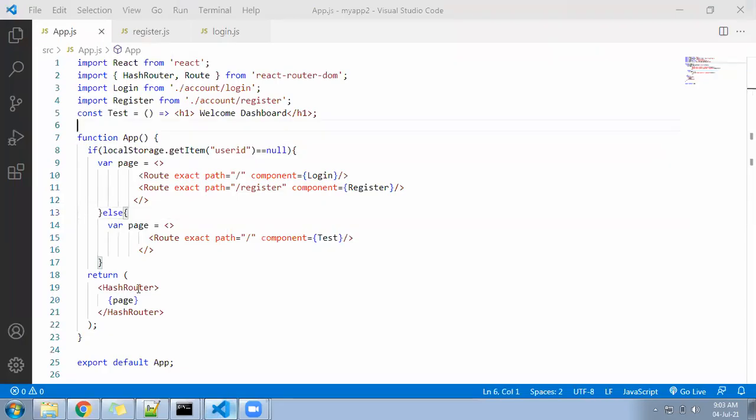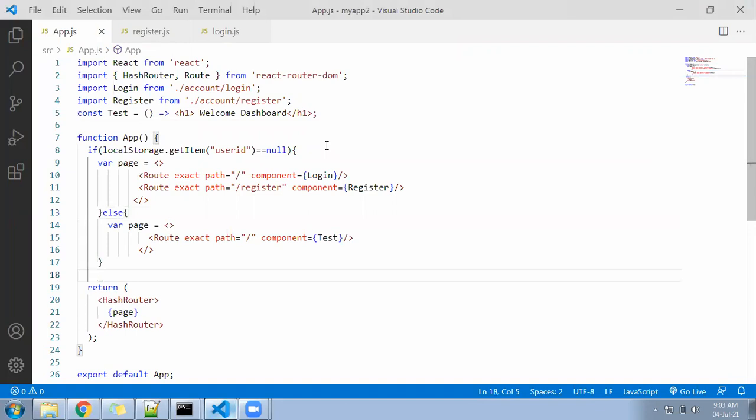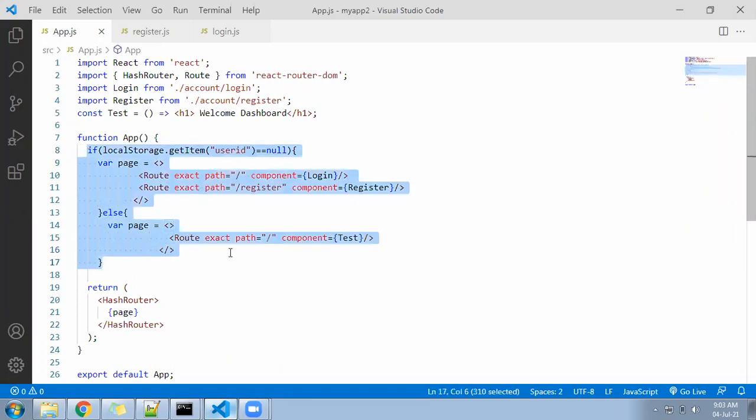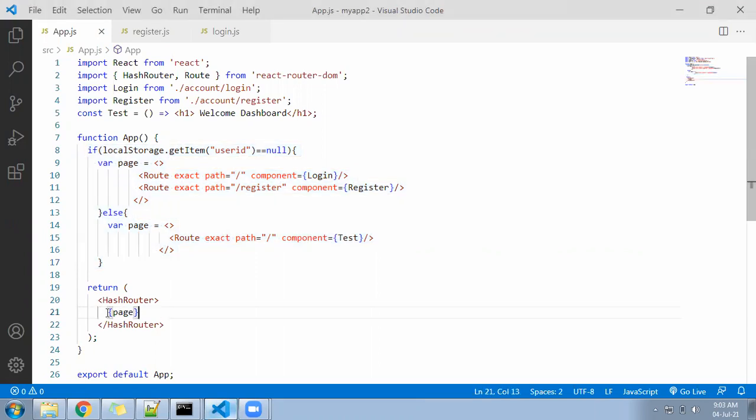Okay. So first, see here, whichever upcoming pages we have, we will add them here under the routing. What I will do is share this code, this if part, because here I wrote some. If you are writing it, you can write it, no problem. Else I will share that code here in the chat. And then at the last, in hash routing, you can write the pages.